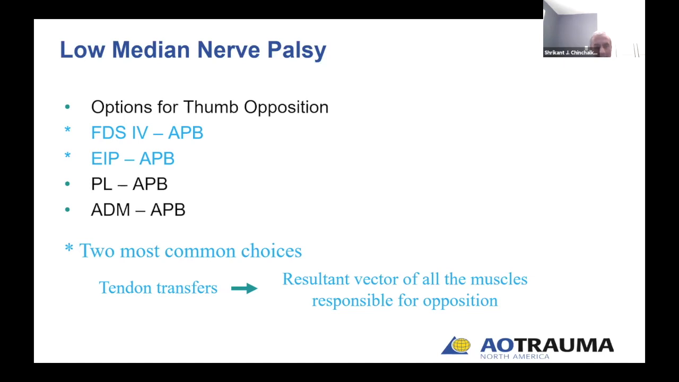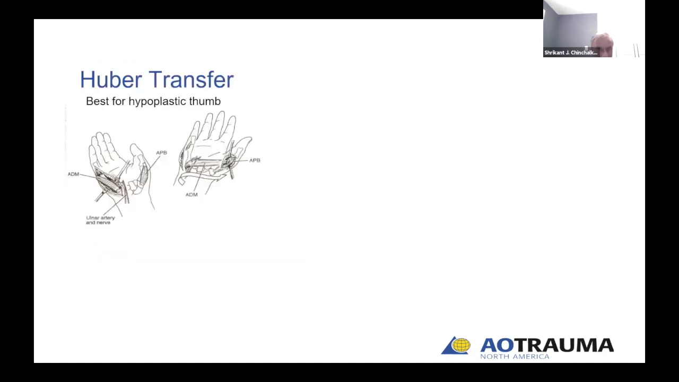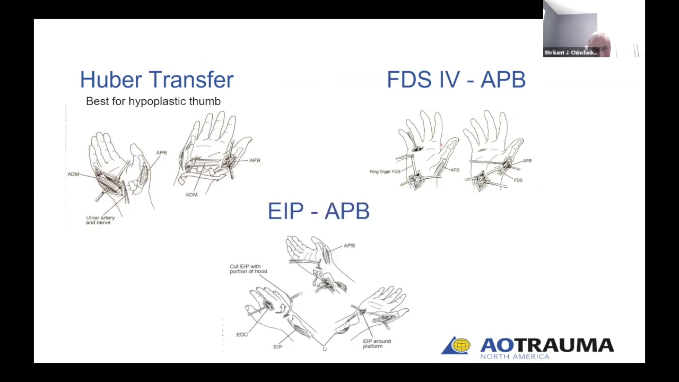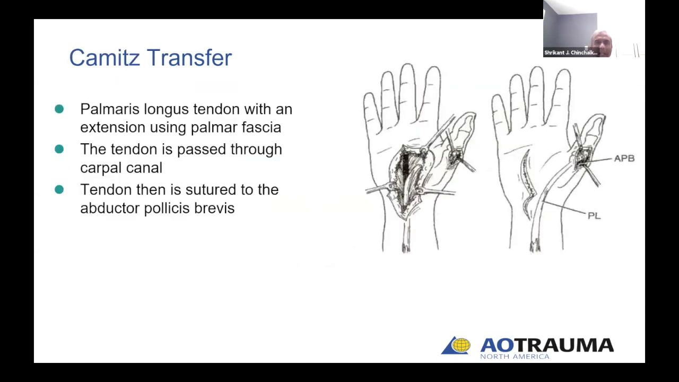Tendon transverse, in other words, should be a resultant vector of all the muscles that are responsible for thumb opposition. So Huber transfer is best described for hypoplastic thumb or a higher median nerve palsy. FDS4 for APB, I think Dr. Marco described that very well, and EIP to APB, and Dr. Cassidy described that as well. So chemist transverse truly is not an opponensplasty because,